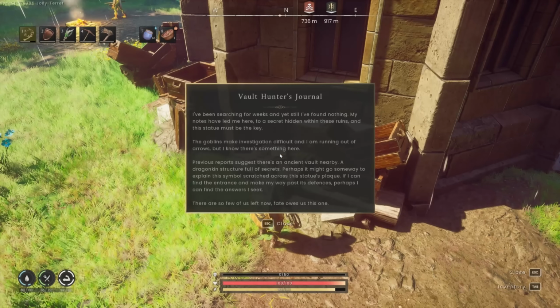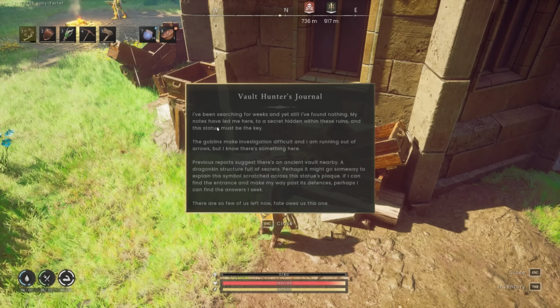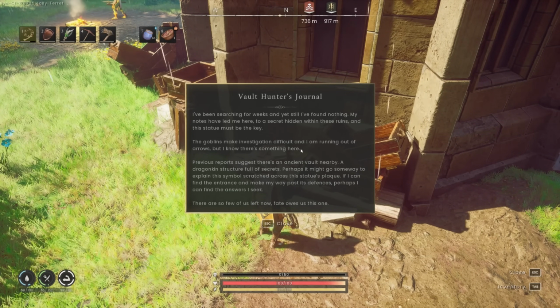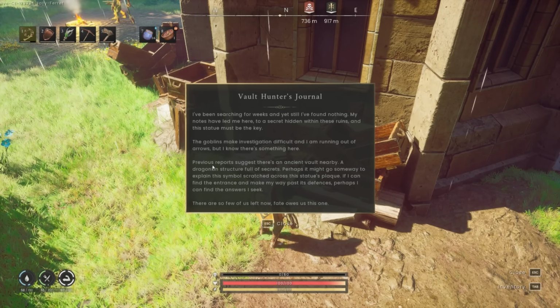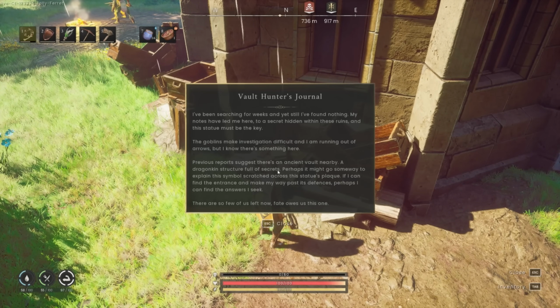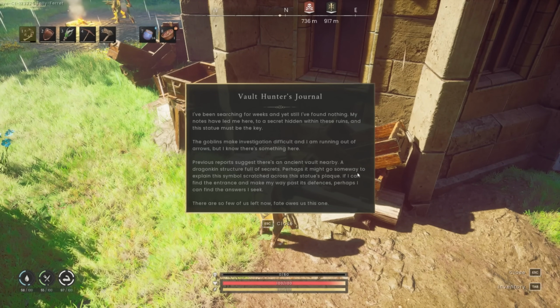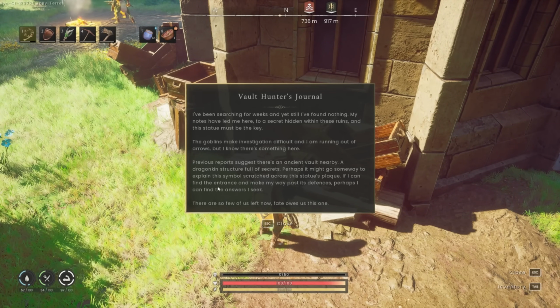I've been searching for weeks and still found nothing. My notes led me here. A secret hidden within the ruins. This statue must be the key. The goblins make investigation difficult, and I'm running out of arrows, but I know that there's something here. Previous reports suggest there's an ancient vault nearby, a dragonkin structure full of secrets. Perhaps it may go some way to explain this symbol scratched across the statue's plaque. If I can find the entrance, we can make...